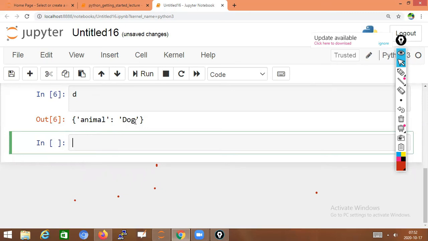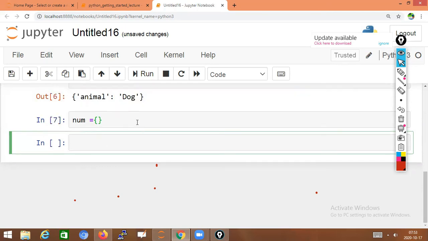Next I am creating one more dictionary, an empty dictionary, num. Shift enter. Empty dictionary created. Now I'm adding some values. Key one, I write as key one, and its value is equal to 100.